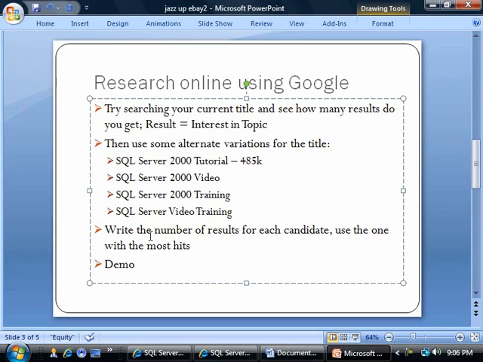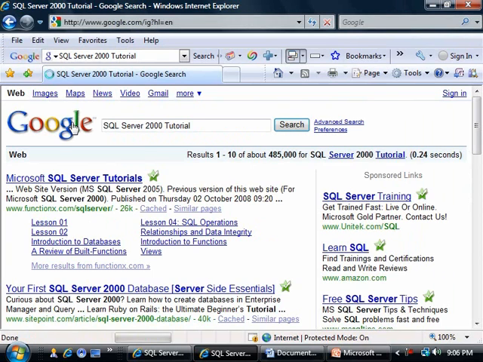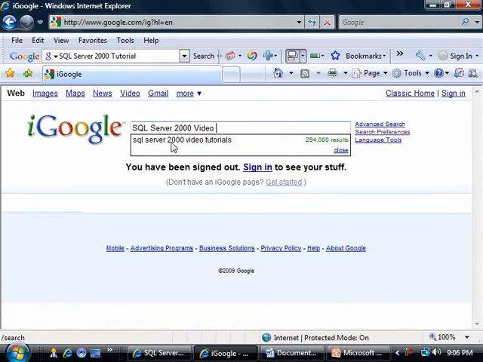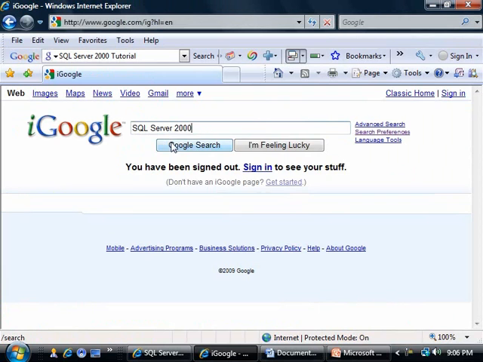It says write the number of results for each candidate, use the one with the most hits. So we're trying to find the optimal title. And actually, another thing I wanted to show you is that let's say I start here,